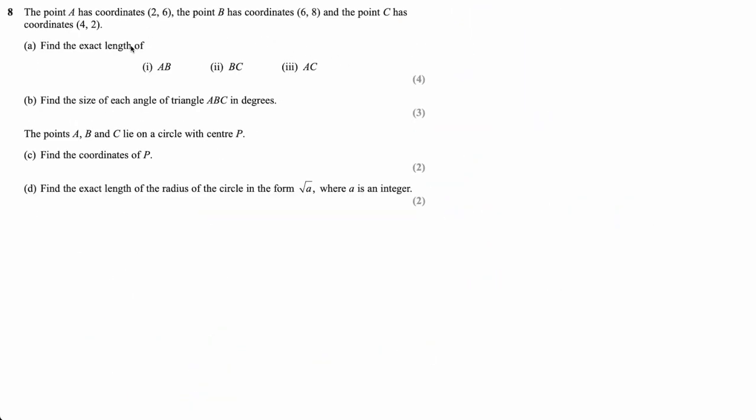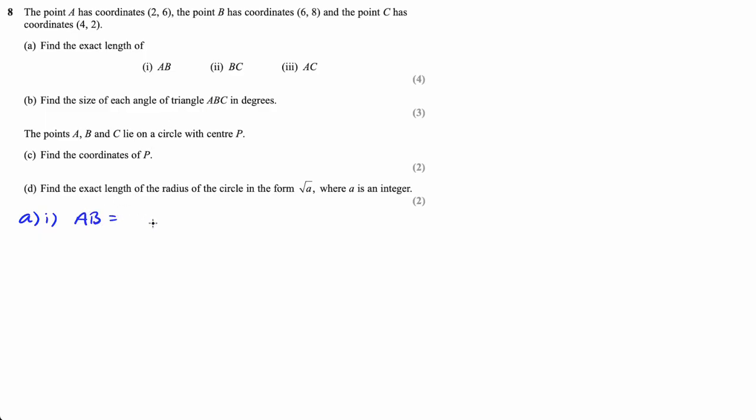The point A has coordinates 2, 6. The point B has coordinates 6, 8. And the point C has coordinates 4, 2. Find the exact length of AB. Okay, so, guys, let's do this. AB, so this is A and this is B. Sorry, we have to do all of these. So, fine. AB